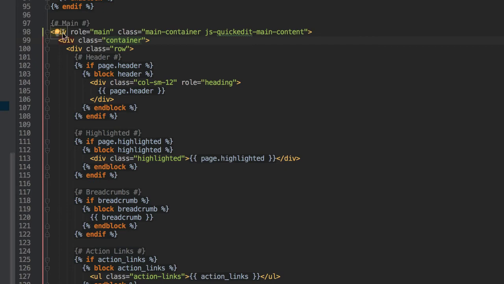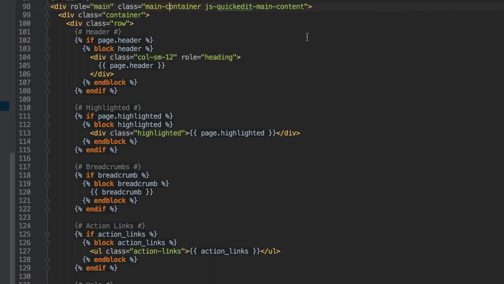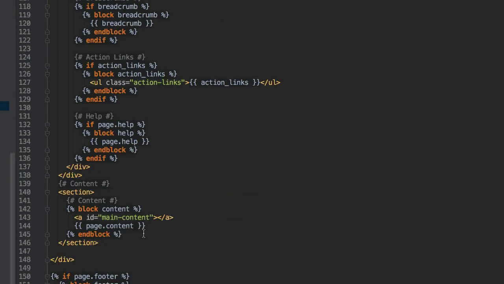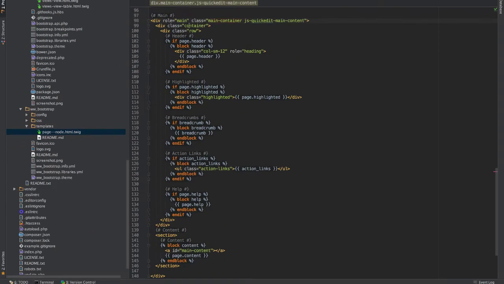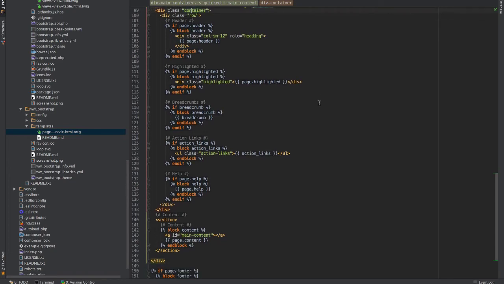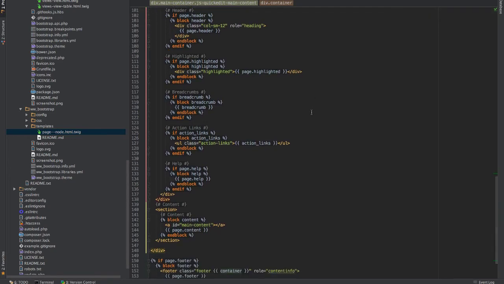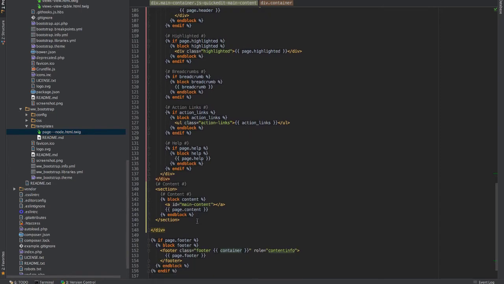Previously, it was on this main div, which was unfortunately wrapping the page content region. Okay, and so here, the container simply wraps the header, highlighted region, breadcrumb, and title, which we want, but the actual content region, which renders the paragraphs, is outside of the container, and this will let paragraphs go edge to